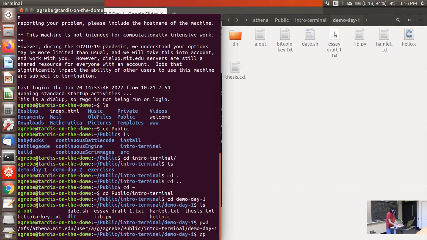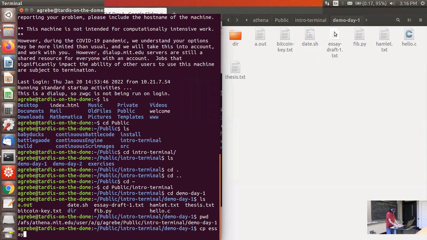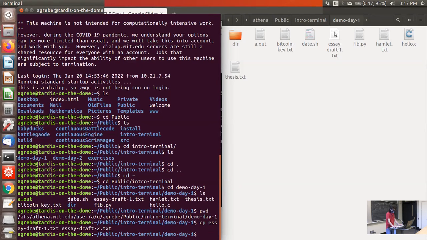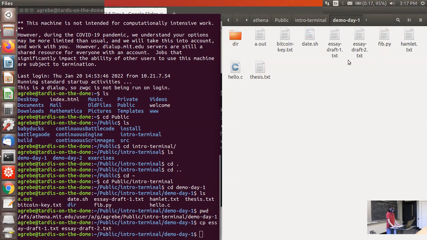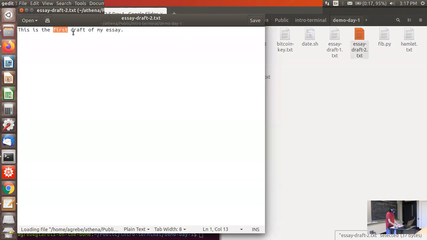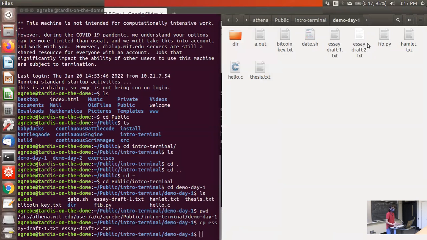I want to copy essay draft1.txt into essay draft2.txt. And if I refresh this GUI, or graphical user interface, I now have two identical copies. And if I edit the second draft and save that, then I have a first and a second draft.